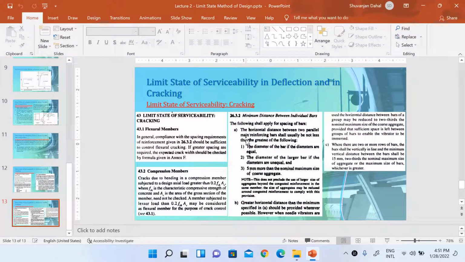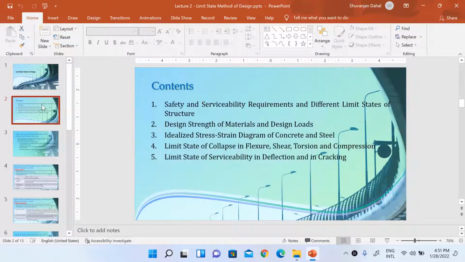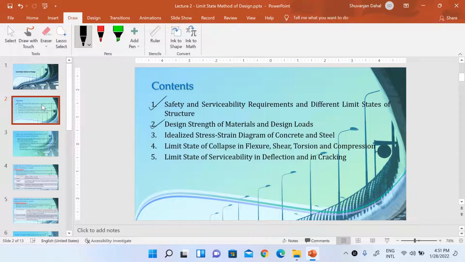So this brings us to the end of our chapter 2. In this chapter 2, we discussed these main topics: safety and serviceability requirements, design strength, idealized stress strain curve, limit state of collapse, and limit state of serviceability. In our next video lecture, we will start with chapter 3 and we will discuss primarily the limit state of collapse in flexure for our